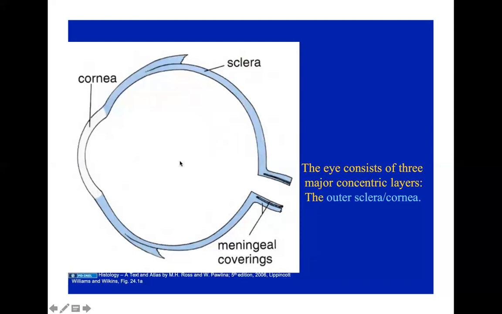There are three actual coats that are found in your eyes. This is the outer coat. When we discuss the coats, you have the anterior portion and the posterior portion. For the outermost coat, you have the cornea as the anterior layer. Posteriorly, it is continued as the sclera. Here at the junction between your cornea and the sclera, this is what we call the limbus.